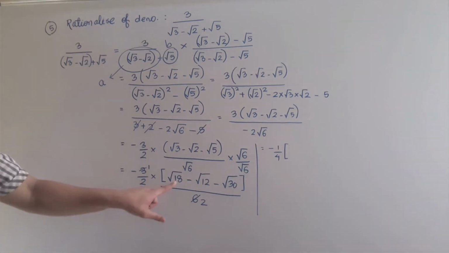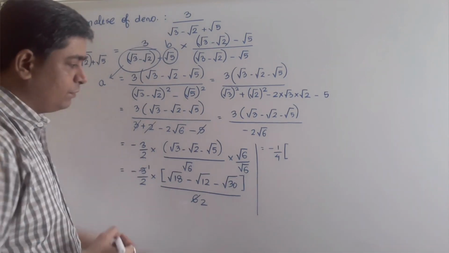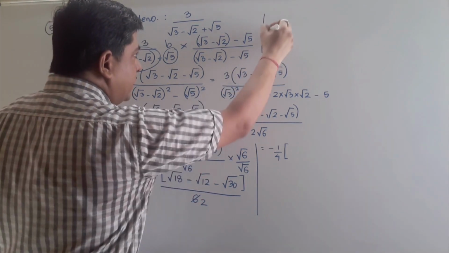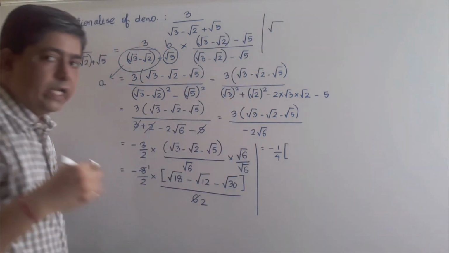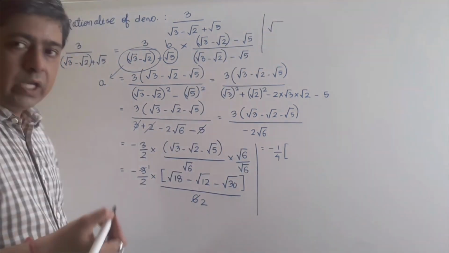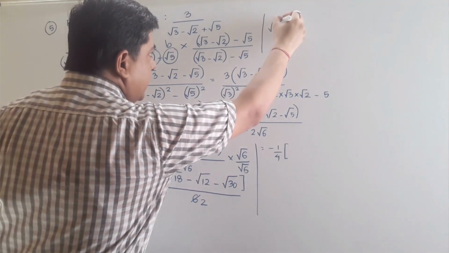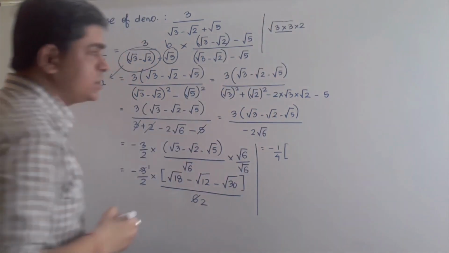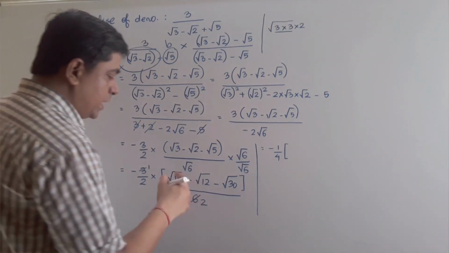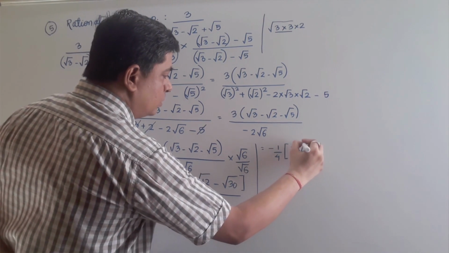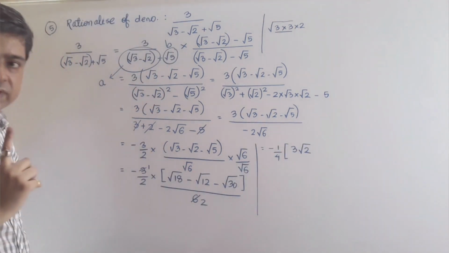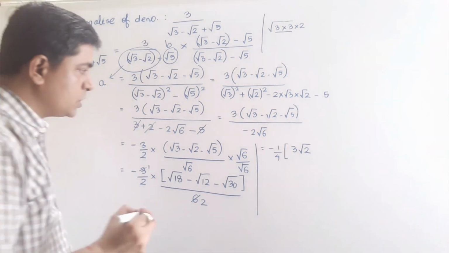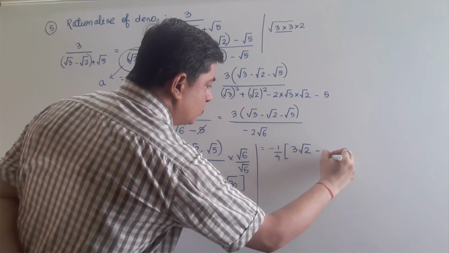Now you observe root of 18 is coming. Please see in the rough, since I lack space, so I cannot solve fully here. Suppose I take under root of 18. How can I write 18? 3 into 3 into 2, and one pair of 3 is complete, that will come out. So we can write 18 as 3 under root of 2. Same way 12, I can write as 2 into 2 into 3, and one 2 will come out. So that will become minus 2 under root of 3.